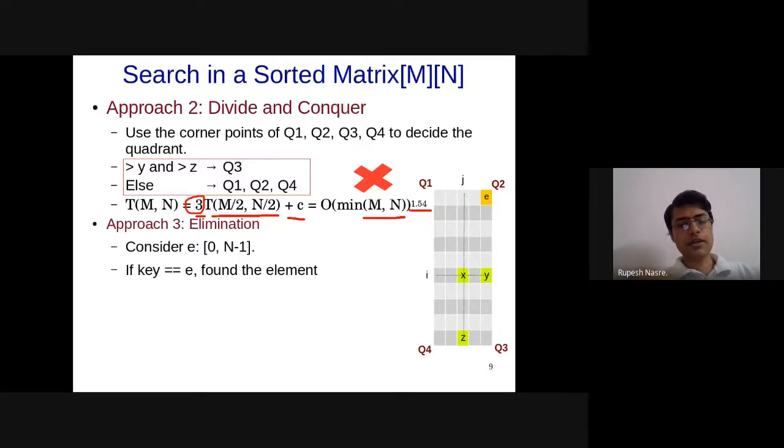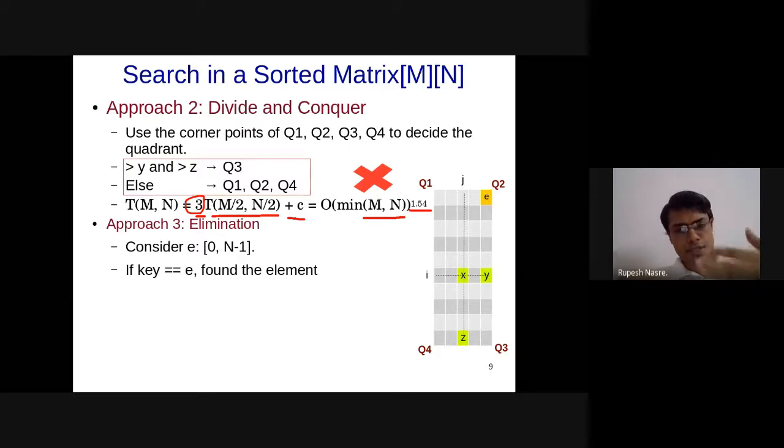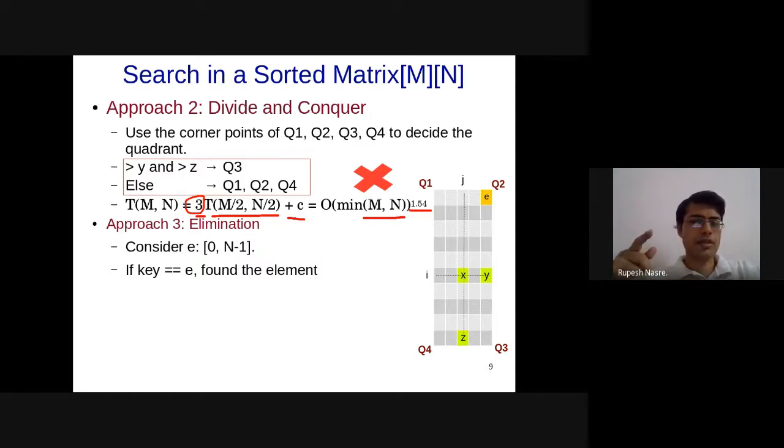And the minimum of m and n is going to become n, so this will become n to the power log 3 to the base 2, and log 3 to the base 2 is 1.54. So you just follow the same steps that we had done. It's just that 3 to the power log n to the base 2, we can flip it as n to the power log 3 to the base 2.